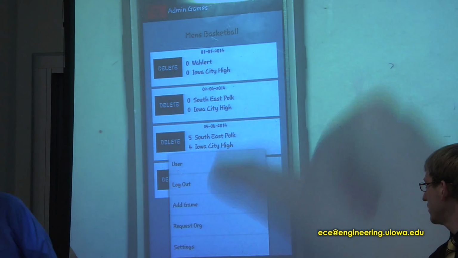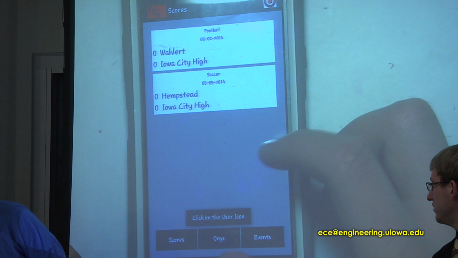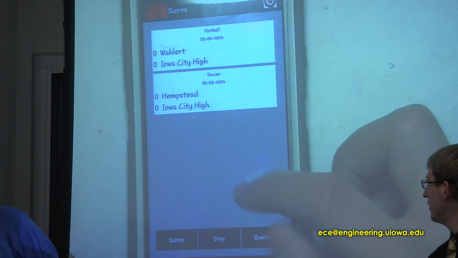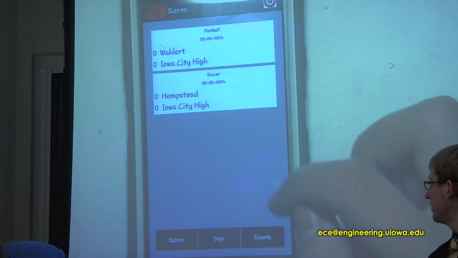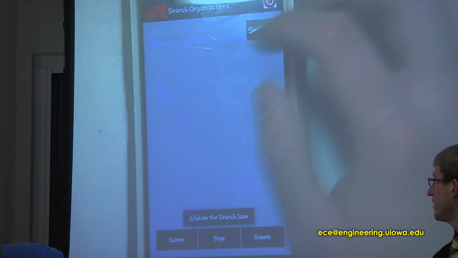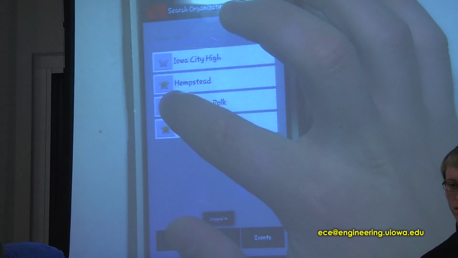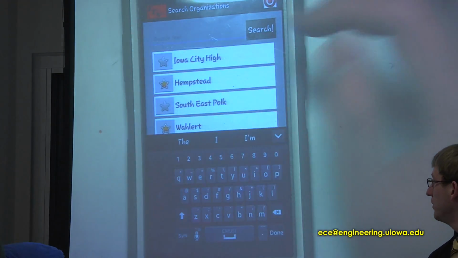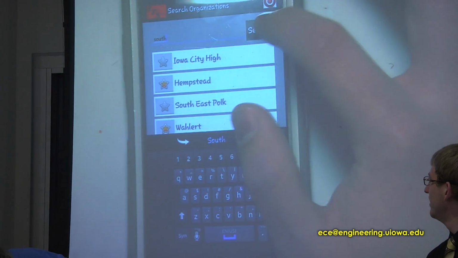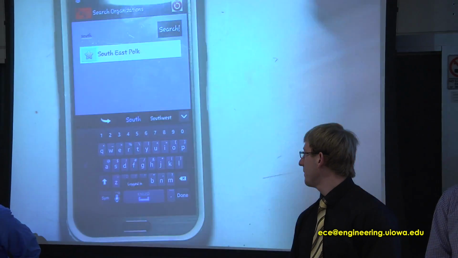Which page? User side. Which you set for 5.5. Southeast Polk. Set for 5.6. So yeah, follow Southeast Polk. So it didn't show up because he doesn't follow either one of those two organizations. So he's going to just follow Southeast Polk just to show you how the search functionality works, and that it will show up on searching after you follow one of the two organizations. If you just search for South, it just shows Southeast Polk.